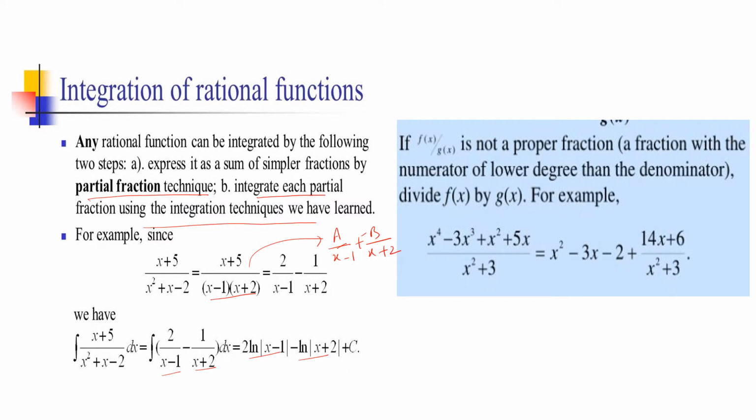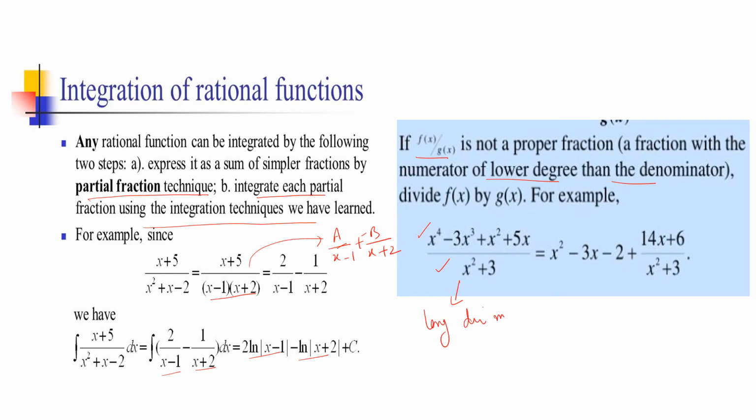And if f(x) upon g(x) is not a proper fraction, that is, a proper fraction is one where the numerator is of lower degree and the denominator is of higher degree. If it is the inverse of that, where the numerator has greater degree and the denominator has less degree, then just to make it a proper one, what I need to do is divide. I will use the long division